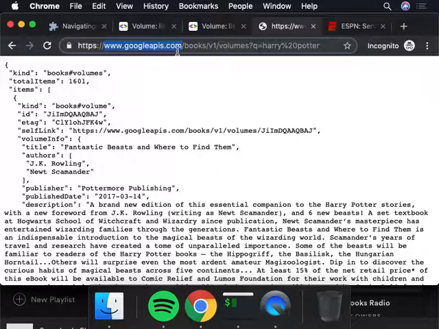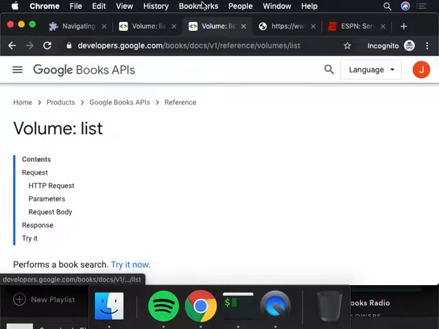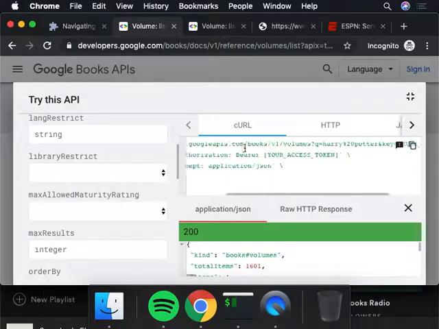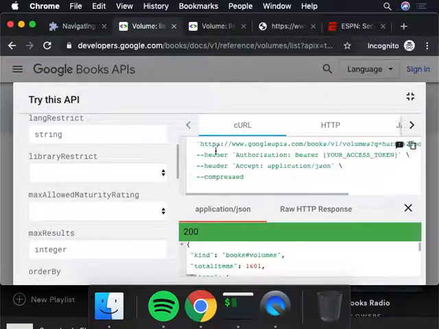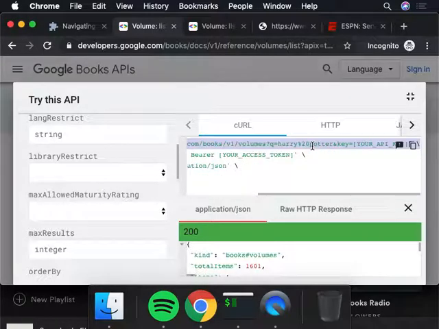Okay, and you guys feel free to scoot your chair around or whatever you want. How did you get there from this? Great question. Up top here, you see where it says 200. Above that, it has this curl, and then it says Google APIs /books. So where do you go to try it? You click up here. Now type in a string, a book that you like.